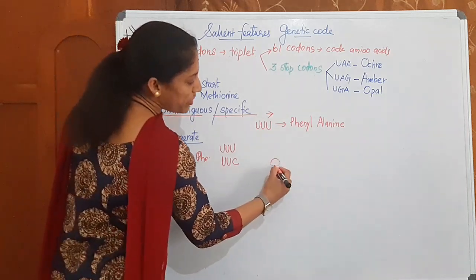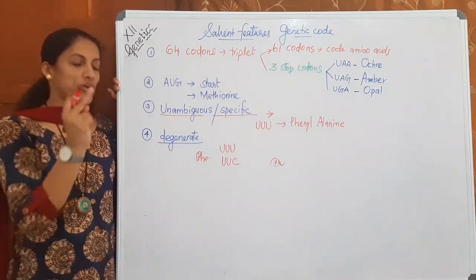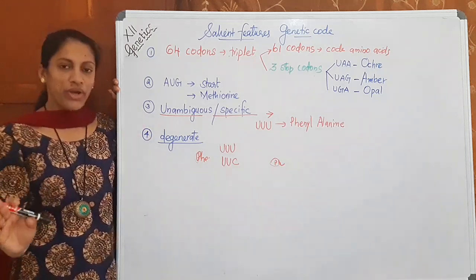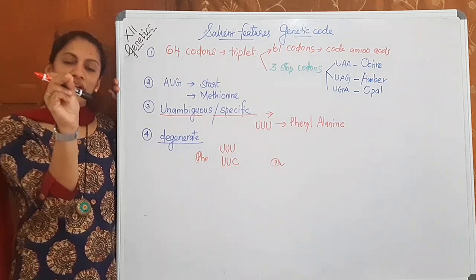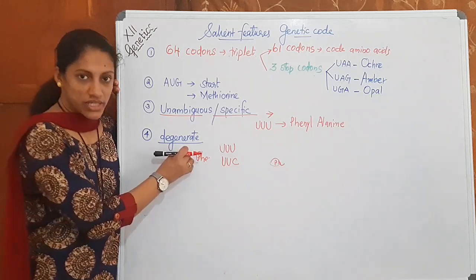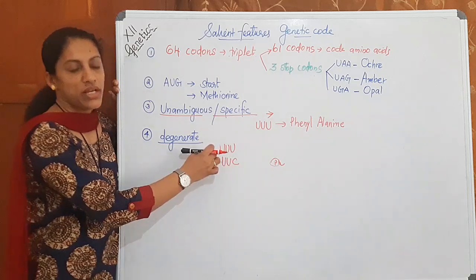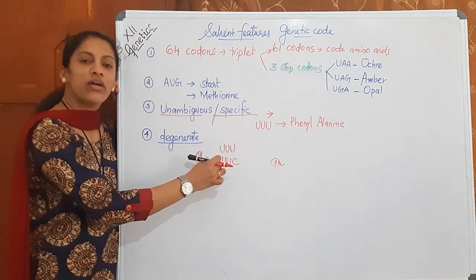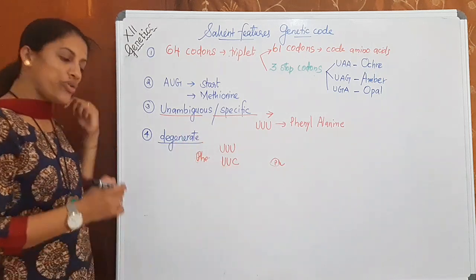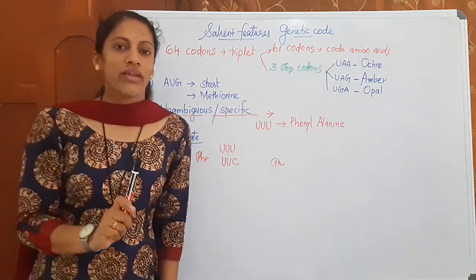For example, if an amino acid is given, you cannot write its triplet. Only for 2 you can write: methionine and tryptophan. There is no doubt, only one is there. But for all other amino acids, if the amino acid's name is given, you cannot write the triplet because it is showing degeneracy. That means one amino acid is coded by more than one triplet. If it's only one triplet, we can write. If there are more than one, how will you write? We don't know which one it is. So this is what degeneracy is. How do you define degeneracy of a code? One amino acid is coded by more than one triplet.